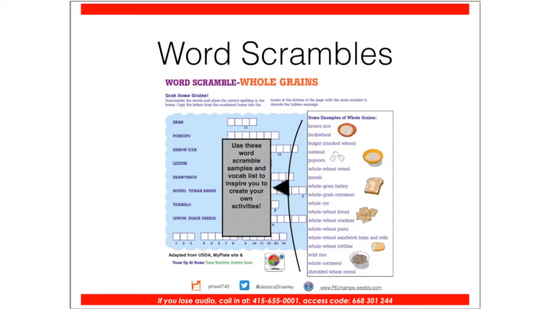Word scrambles, there's some great activities from the 10 Tips website. They have an actual word crossword there, word scramble, and I thought, well, why not take this and make it active? So I wrote on different, just simple little note cards. The first one is brown rice on the top right, and I just have brown rice, and they were scattered together, and during bowling, once they knocked down the certain pin, they get to take one of the cards